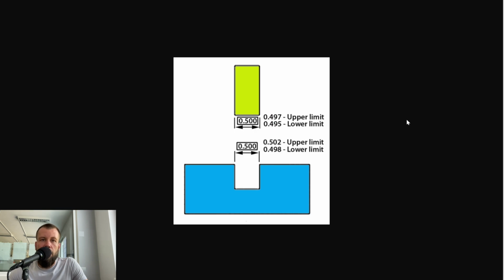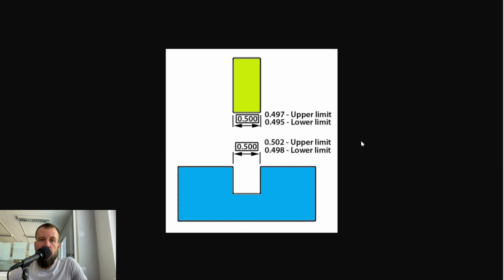Here is the example. The slot and the mating parts have basic dimensions of 0.500 inches. Lower and upper limits of the slot are 0.498 and 0.502 inches. Correspondingly, lower and upper limits of the mating parts are 0.495 and 0.497 inches. In the figure, the allowance is 0.001, meaning that the tightest fit occurs when the slot is machined to